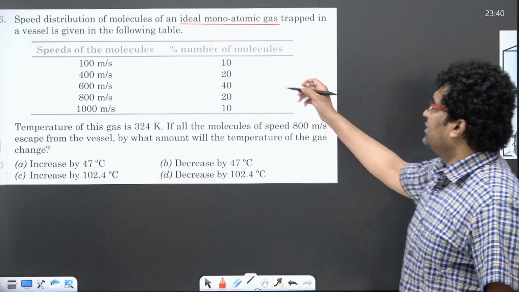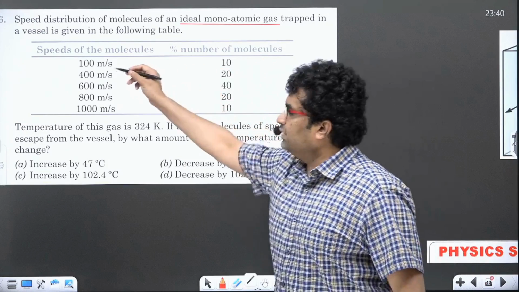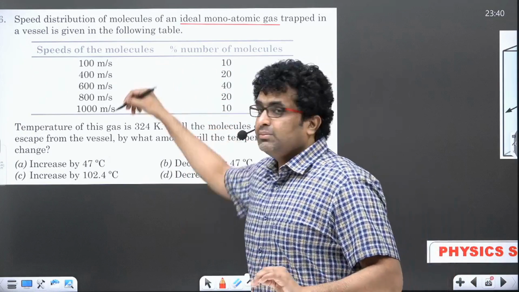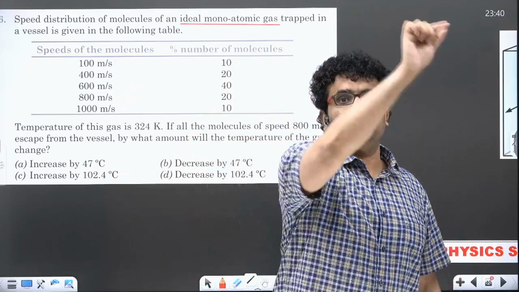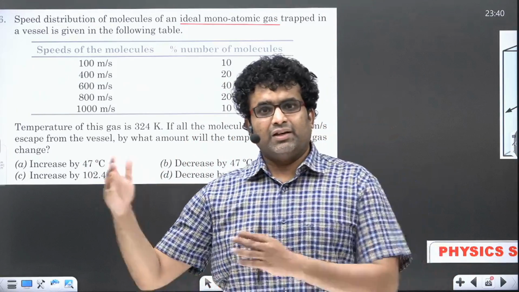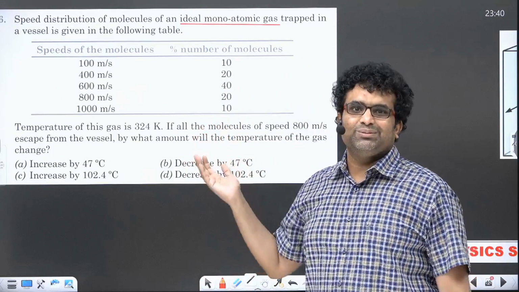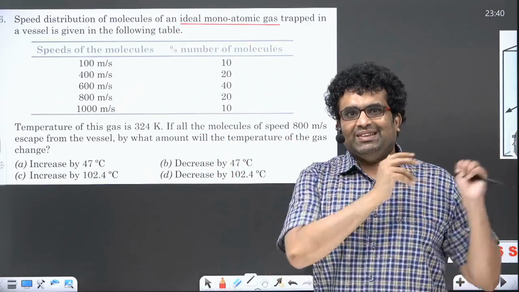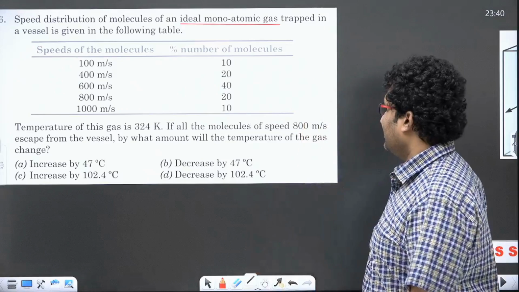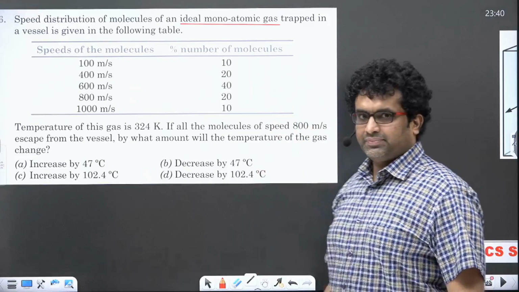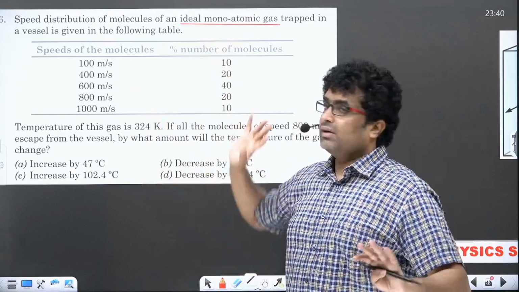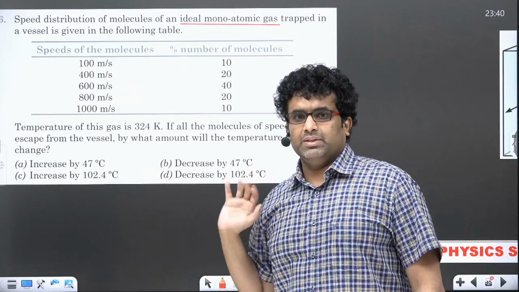So he says that a percentage of molecules travel with this speed, and there are no other speeds in between. The Maxwellian distribution allows almost all the speeds, right from 0 to a very large value. Here this stylish looking distribution only gives certain velocities. It's like a discrete function. So these are the percentage of molecules. A large number is there, as we have talked about an ideal monatomic gas.